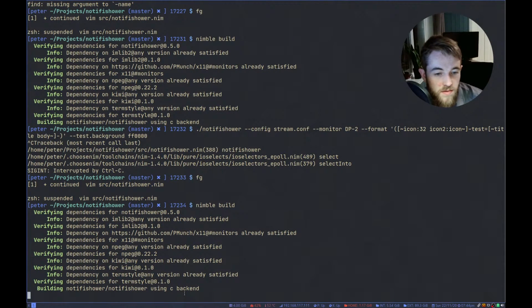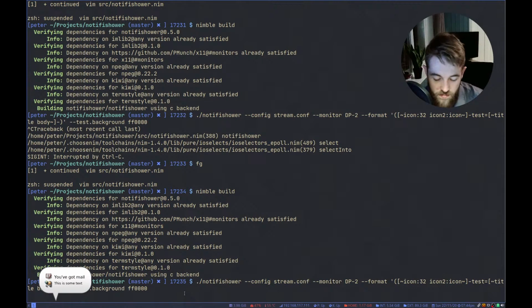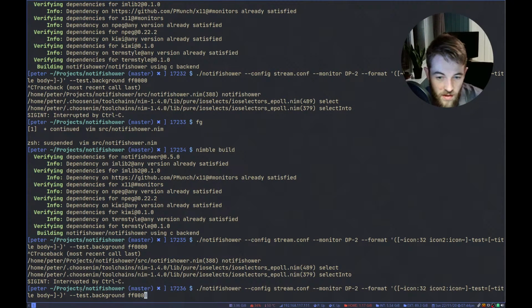That's just a small refactor to avoid doing that. Right, so now the interesting thing is that we should be able to, let's see, create a new stack here.